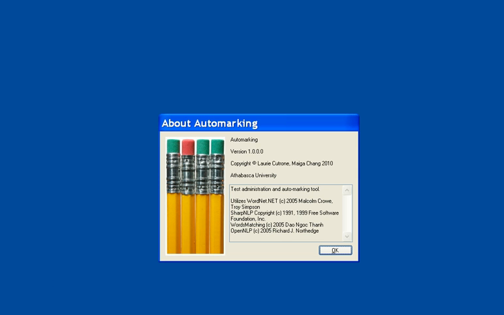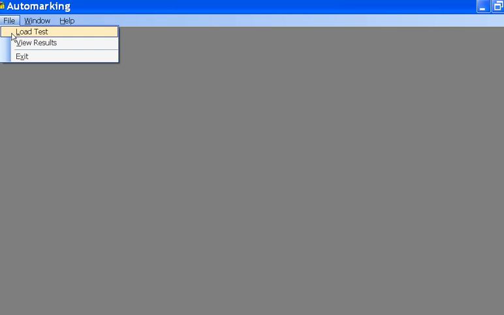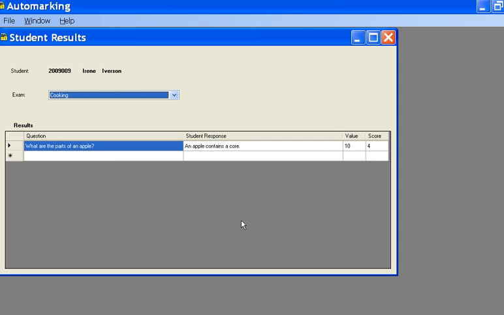The student can now log in to view their results. As you can see, the student received part marks for their response, but did not have all of the required